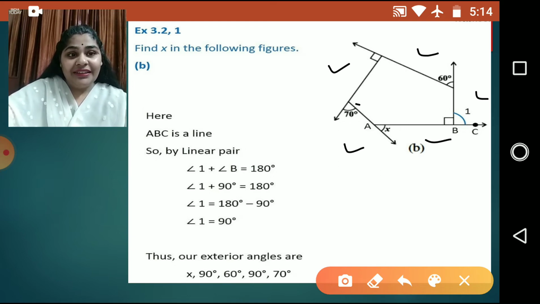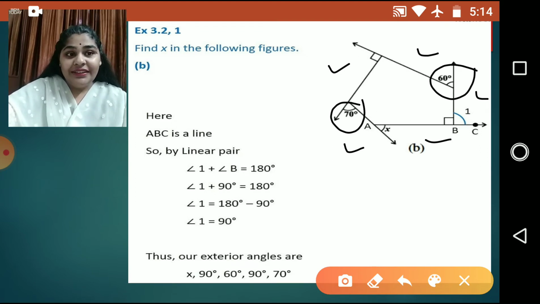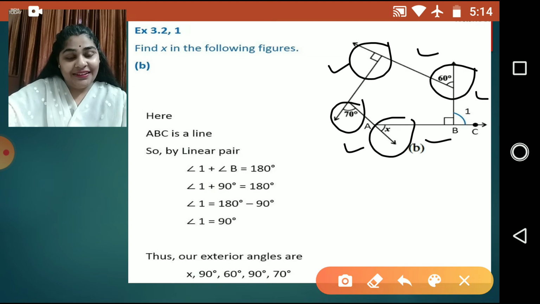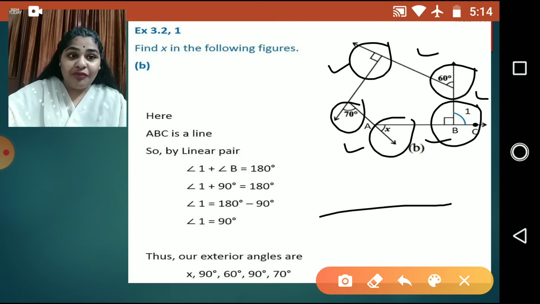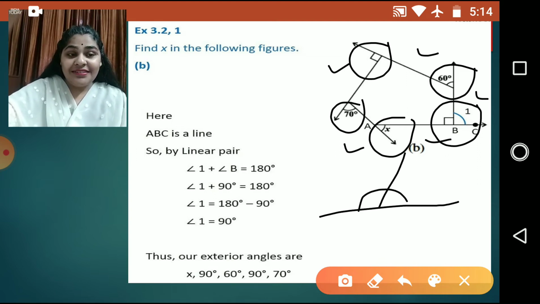Now you can see here the exterior angle is 70 degrees given, here it is 60 degrees given. Here x, which we have to find, is unknown. Now here children, you can see it is not mentioned, but the symbol is given and we know this is 90 degrees. Similarly, here the interior angle is given, not the exterior one, right? And we know, already in the previous slide I have told that the interior angle and the corresponding exterior angle form a linear pair, that is the sum of the two angles is equal to 180 degrees.